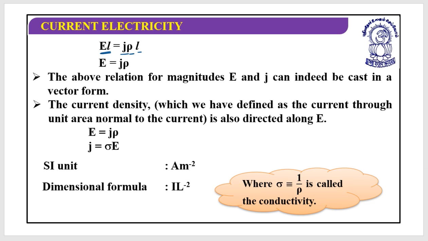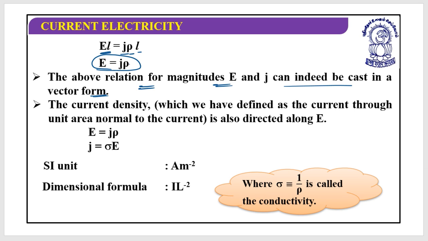Yes, so this E, this L has gone, and this A is equal to J into rho. So what is this? E is equal to J into rho. Now the above relations for the magnitudes of E and J can indeed be cast in a vector form. If I want to derive this in a vector form,